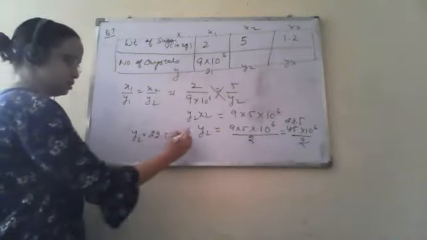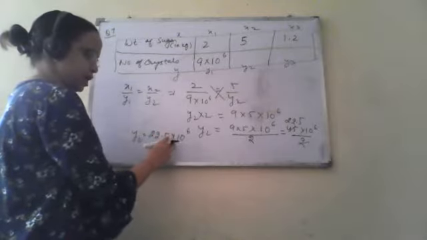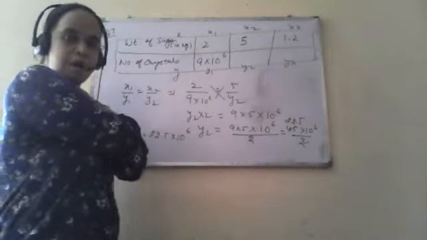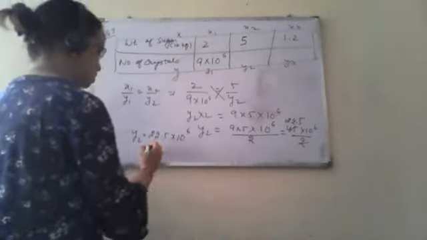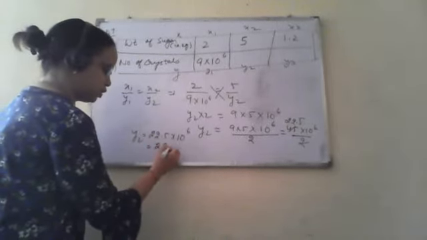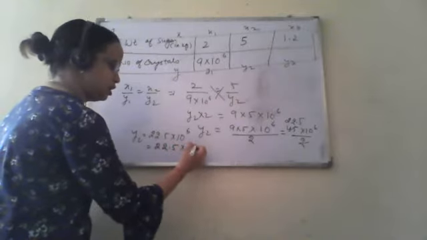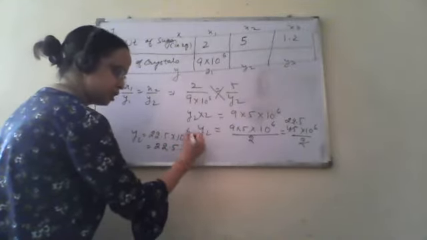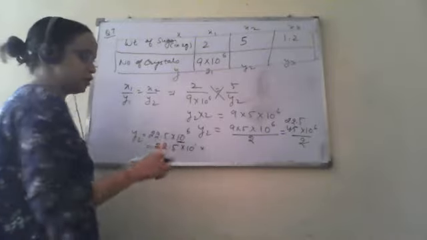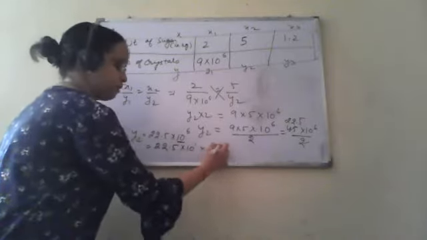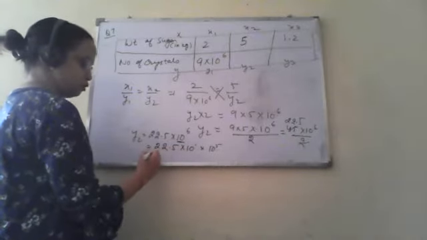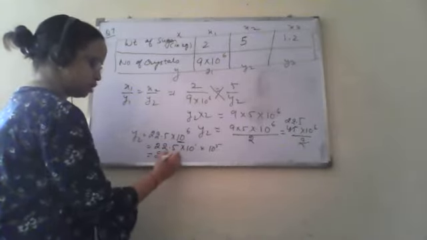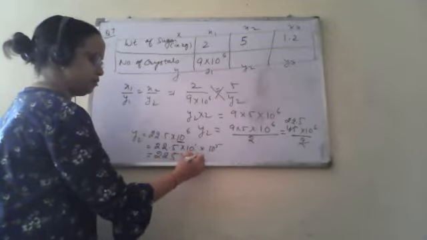So we can multiply this by 10 and we can reduce this power by 1. I have explained this in the chapter of exponents and powers. So we can rewrite it as 22.5 into 10 to the power 6, and we are splitting this 10 to the power 6 into 10 to the power 1 and 10 to the power 5. So when we multiply this 10 into this, it will become 225 into 10 to the power 5 crystals.